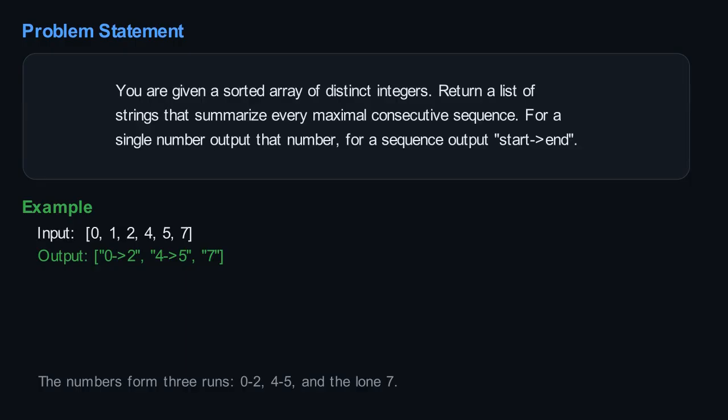For a single number, you just output that number, and for a sequence, you output the first number, an arrow, then the last number. For example, given the array 0, 1, 2, 4, 5, 7, the correct output would be the three strings 0->2, 4->5, and 7, because the numbers form three runs, 0 through 2, 4 through 5,